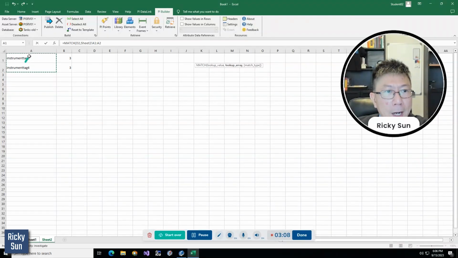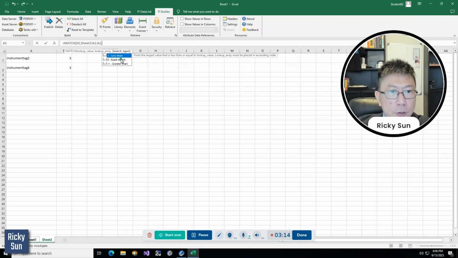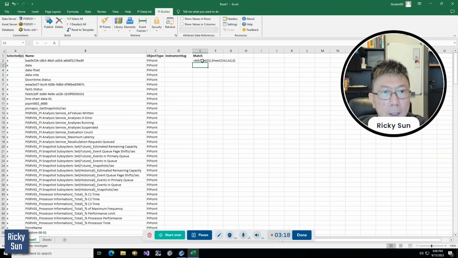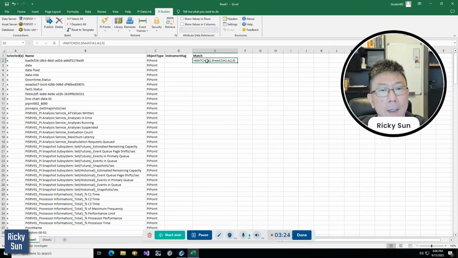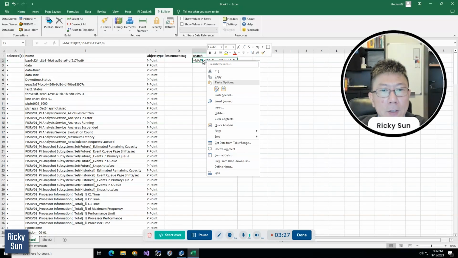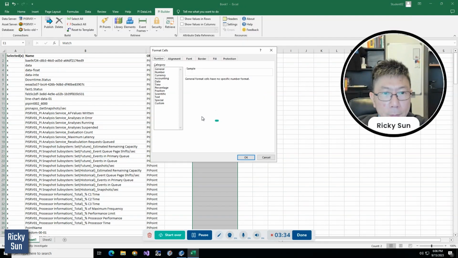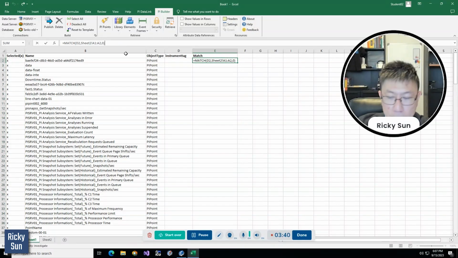Make sure you grab the whole list here, and then the third one is exact match. And you can close it, and I see that my formula did not convert to a number or some calculation. So what I need to do is select the whole thing, format cell, and then say General, and then make sure I press enter, and then it becomes NA.